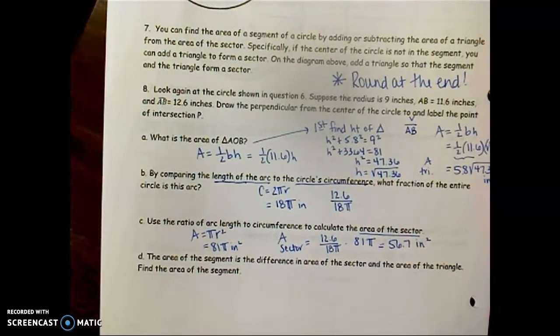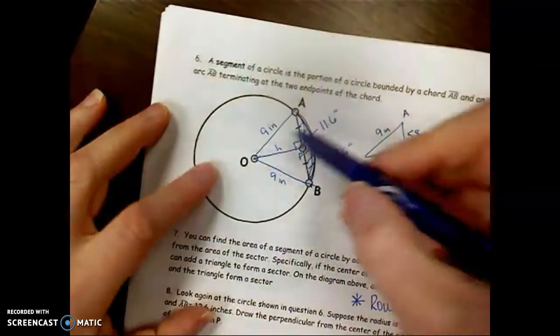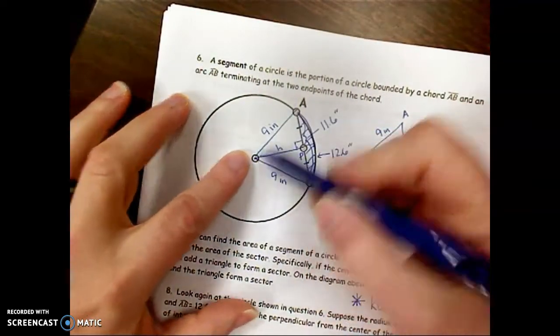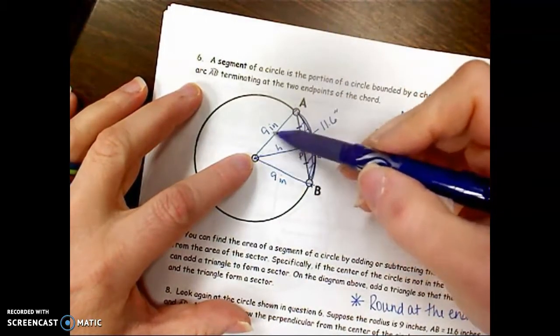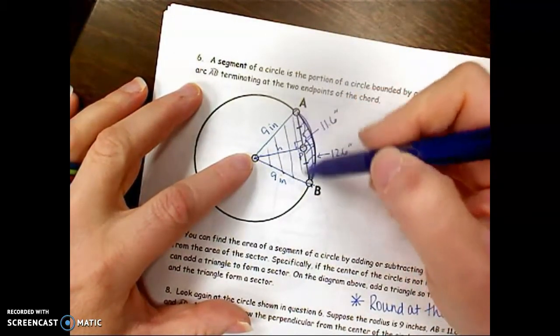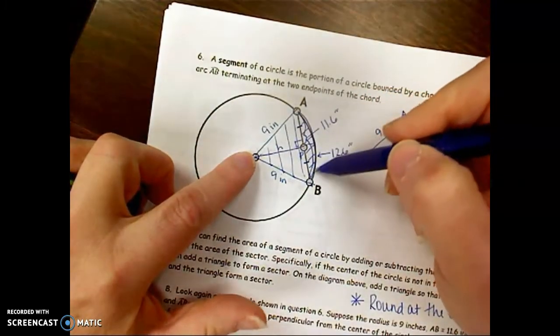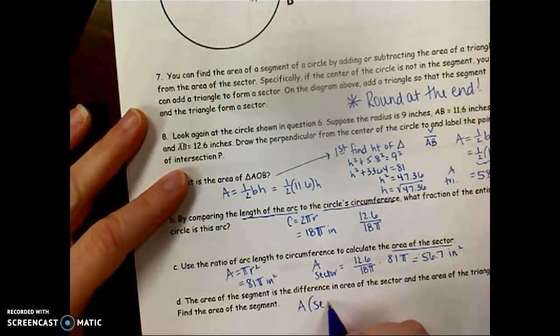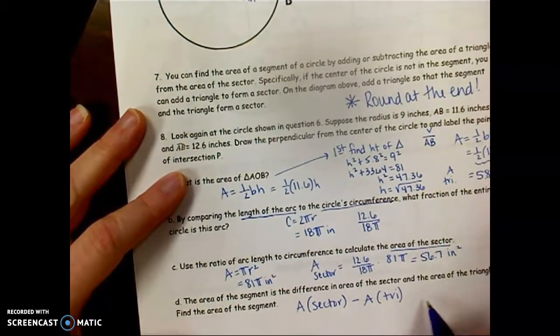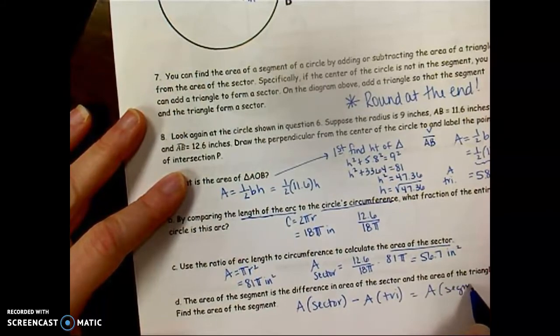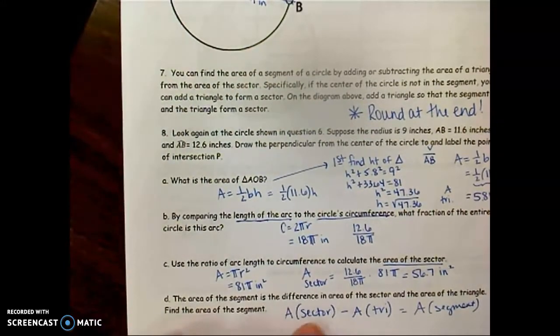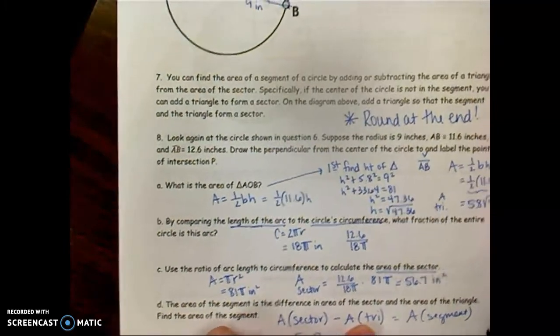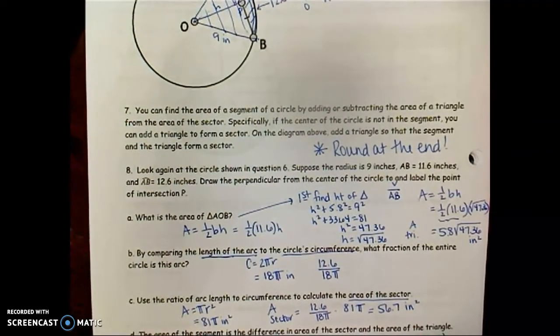So now the area of the segment is found by just taking the area of the sector, that whole pizza slice, and removing the area of this triangle. And so when I take away the area of the triangle, that leaves me with the area of the segment. So it's the area of the sector minus the area of the triangle. That gives me the area of the segment. So we've already found these things. The area of the sector was 56.7. We're subtracting the area of the triangle, which is 5.8 square roots of